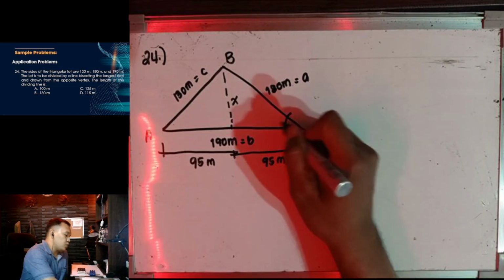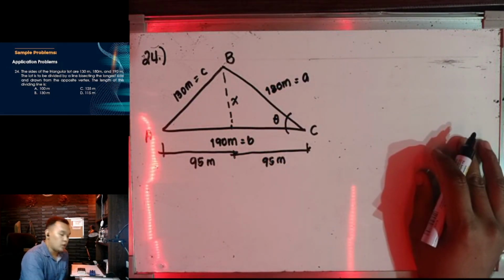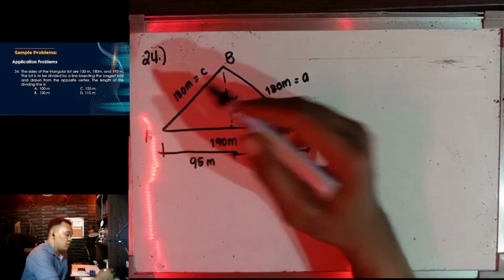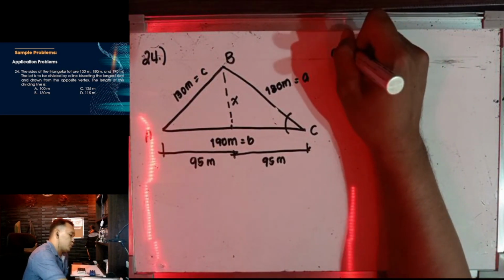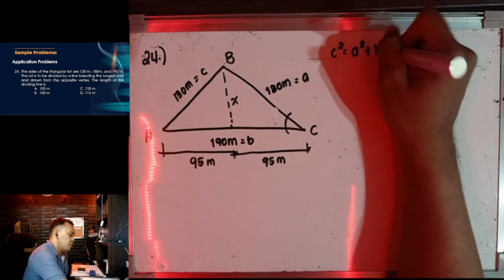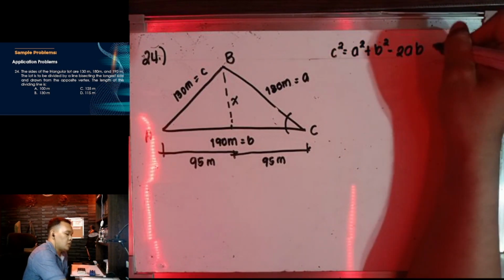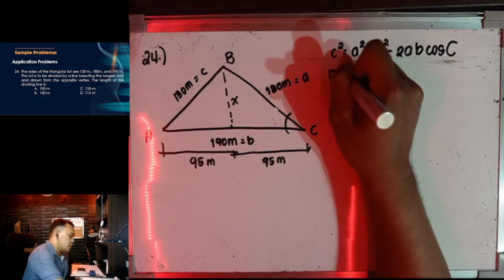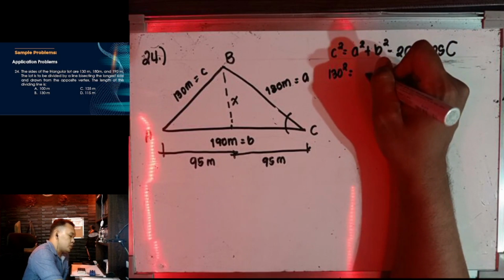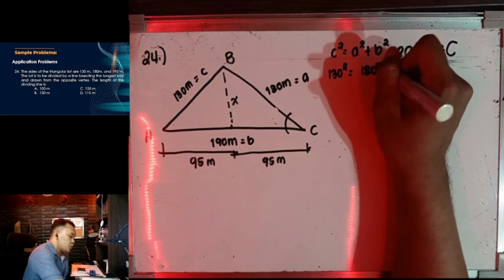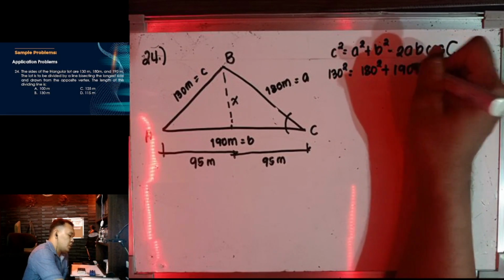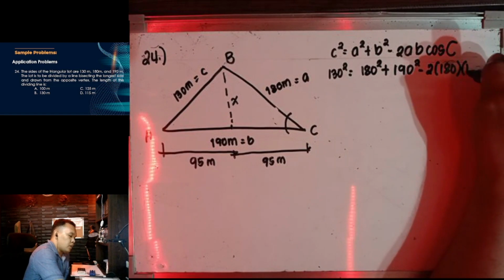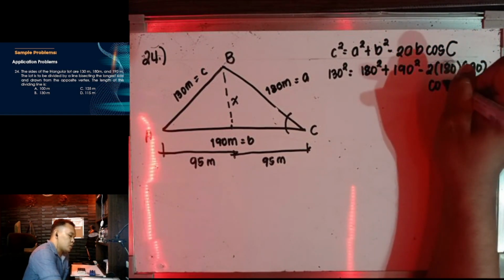So, let's say, kukunin ko yung angle dito, angle theta, or angle C. So, pwede kong sabihin, considering the whole triangle, we have here c squared is equivalent kay a squared plus b squared minus 2ab cosine angle C. So, 130 squared is equivalent kay A, which is 180 squared plus yung B, which is 190 squared minus 2 times 180 times 190 multiplied by cosine